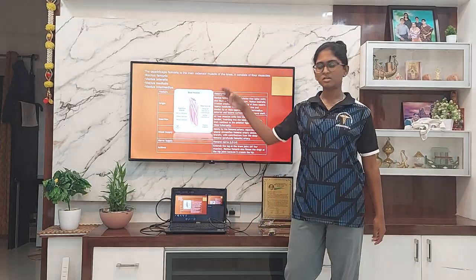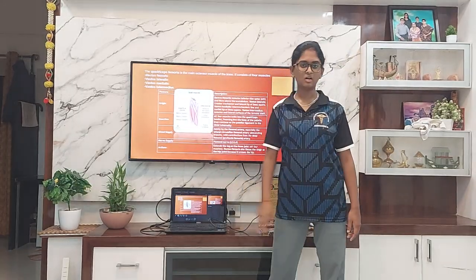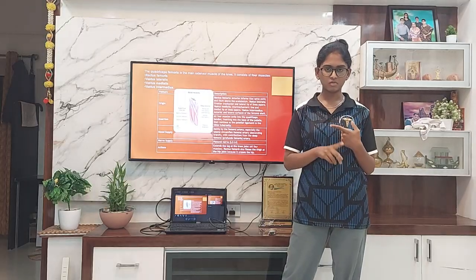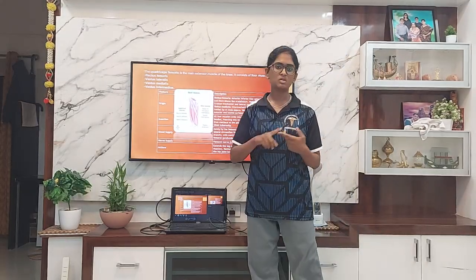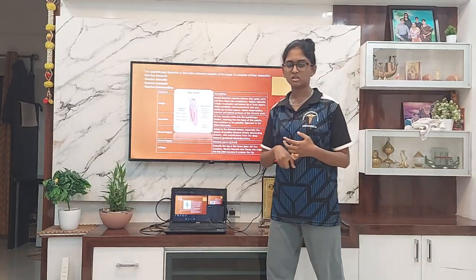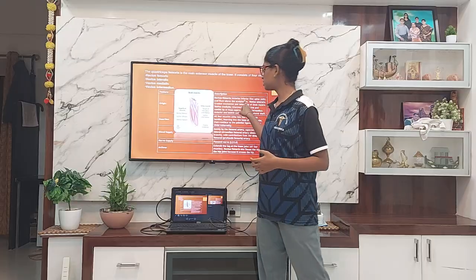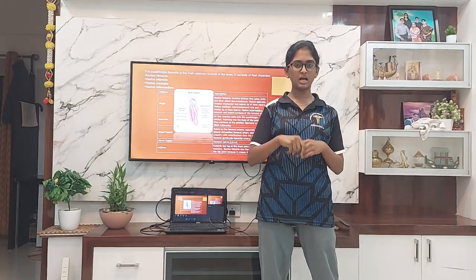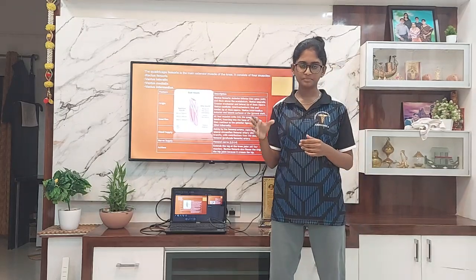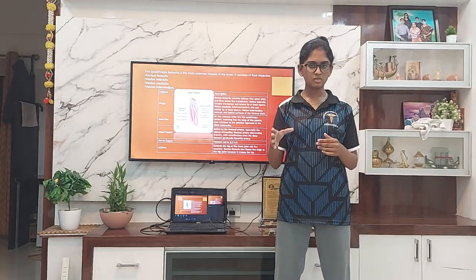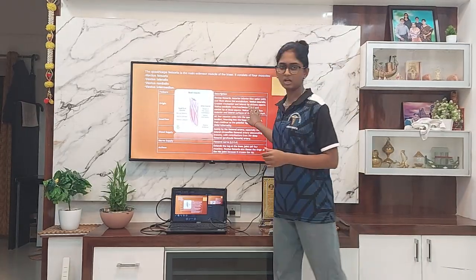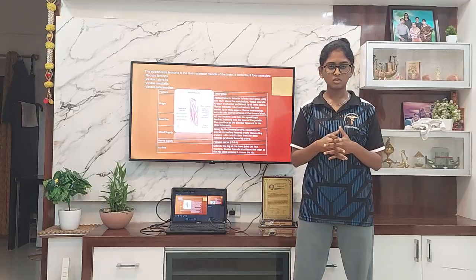Then the next muscle is quadriceps femoris. So you can see here the quadriceps femoris muscle. It consists of four muscles: rectus femoris, vastus lateralis, vastus medialis, and vastus intermedius. Rectus femoris first is anterior. It originates from the anterior inferior iliac spine, that is AIIS, and also the anterior surface of the ilium, and the vastus lateralis originates from the